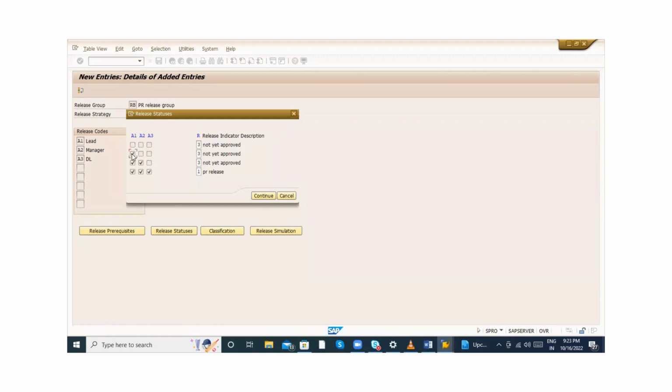Even if A1 is approved, but A2, A3 are not approved, it's still not approved. And if A1, A2 are approved, but A3 is still not approved, it is still not approved. In case my client is asking that I can go with just these last 2 levels for approval,